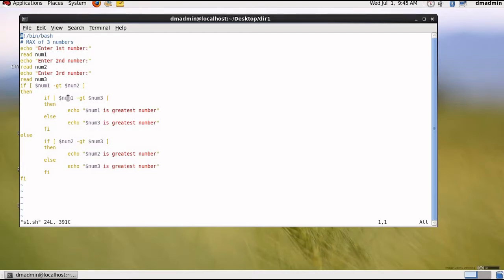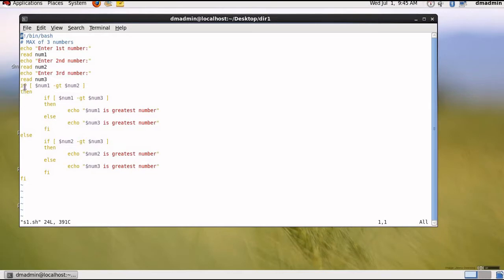After coming inside, there is again an if condition. If this condition is satisfied, only then will it go further inside: if $num1 is greater than $num3. So we have evaluated that number 1 is greater than number 2 and number 1 is greater than number 3. If that happens, then $num1 is the greatest number. Else, $num1 became greater than num2, but $num1 did not become greater than $num3. In this case, echo $num3 is greatest number. And since I started one if block here, I am ending it with fi here.